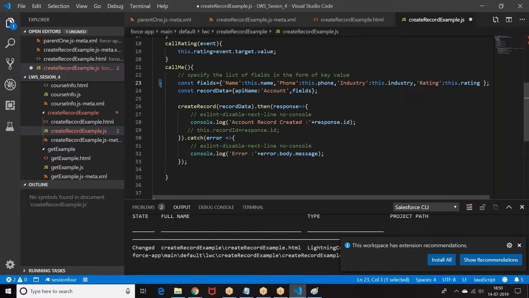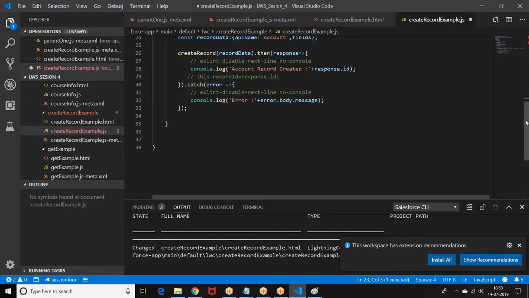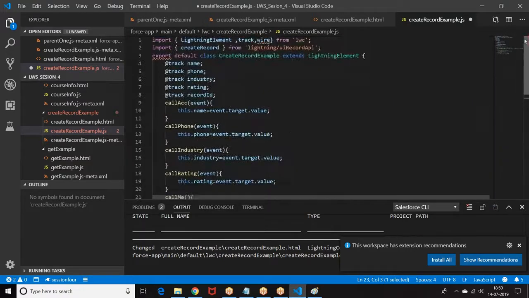So this is the reason we should not call the controller in LDS. Lightning Data Service means what? Without invoking the Apex class, we are trying to interact with the database. For that only we have imported this statement. In SFDX, we didn't write any Apex class. LDS means we should not write any class. The purpose of LDS is, without invoking any Apex class, we want to insert or update the data.